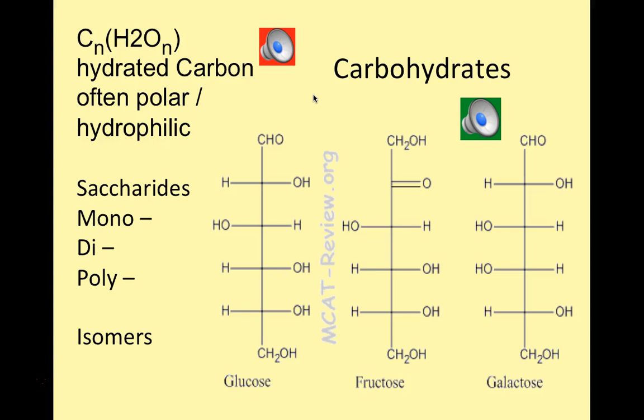Notice at the bottom the molecular formulas: both molecules have 6 atoms of carbon, 12 atoms of hydrogen, and 6 atoms of oxygen. But if you look at the chemical structure, the arrangement of those atoms of the 3 different elements is distinctly different. So glucose and fructose, even though they have the same molecular formula, have a different chemical structure, which means they are isomers of one another. Same chemical formula, different chemical structure.